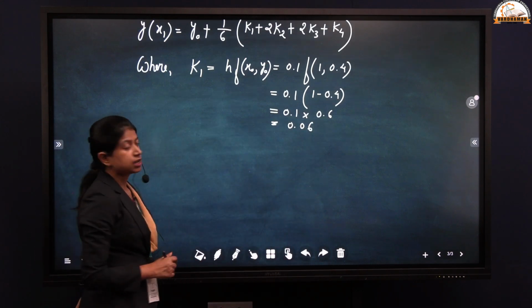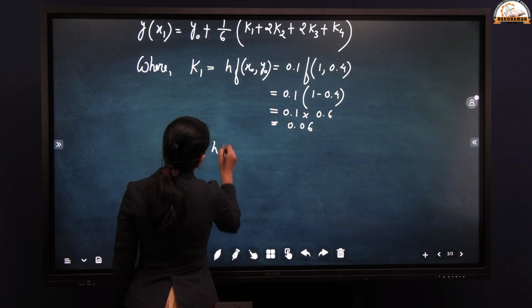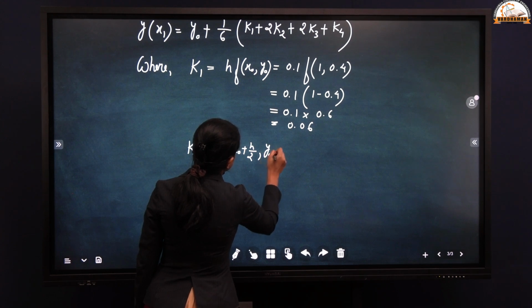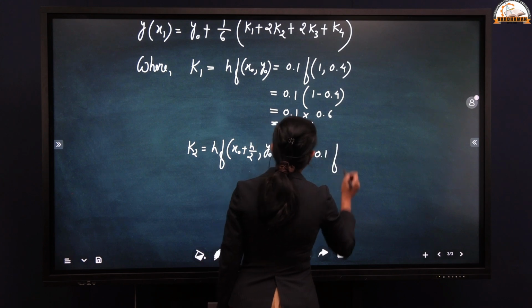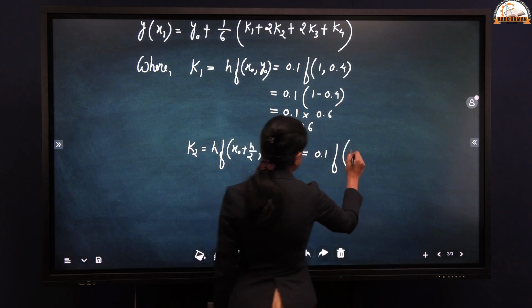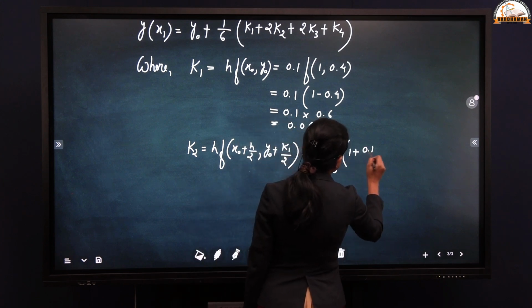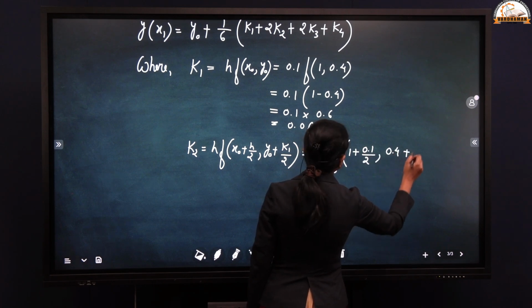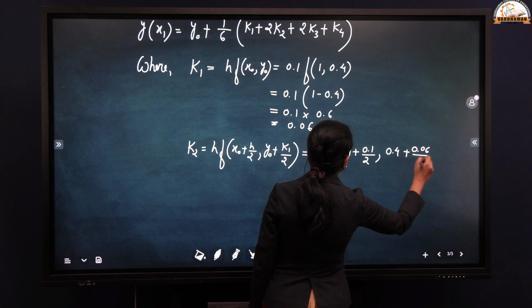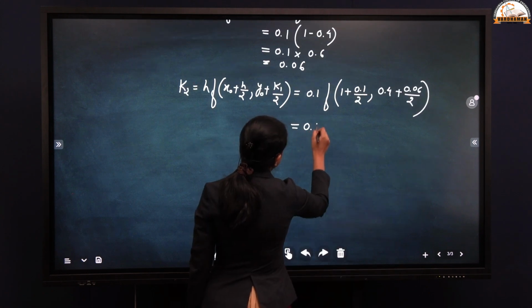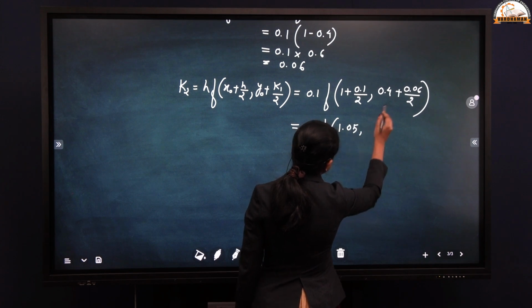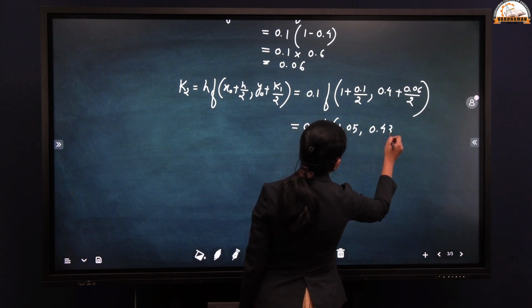Now let us find k2. k2 is equal to h into f of x naught plus h by 2, y naught plus k1 by 2. h is 0.1, f of x naught is 1 plus h is 0.1 by 2, y naught is 0.4 plus 0.06 by 2, which is equal to 0.1 into f of 1.05, comma, this will be 0.43,